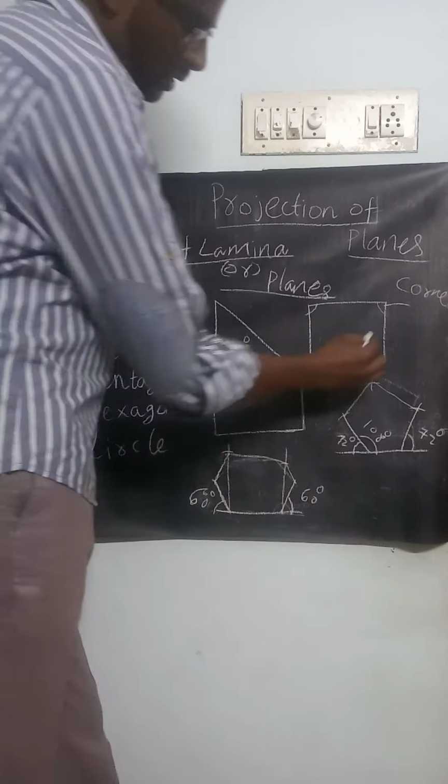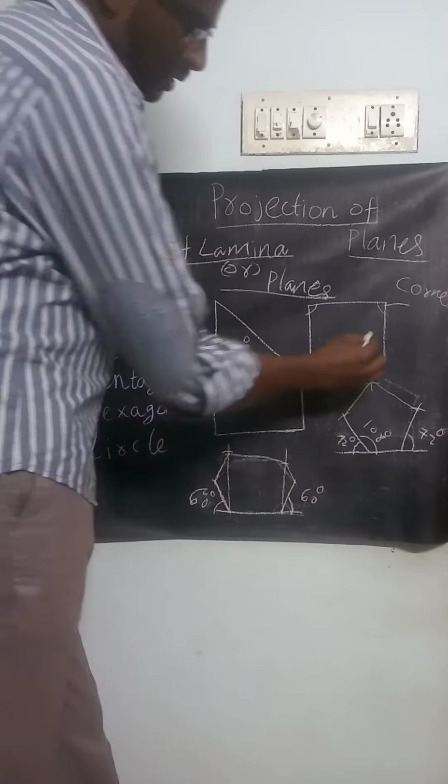And next, the same is used for our hexagonal shape. You take 60 degrees, otherwise you take 120 degrees. Both sides you can use that. Okay, the other procedure is the same, you can follow that. For example, given 24, 26, you can use this method. Otherwise, you can use the template. You see, you can easily draw. Okay, this is your projection of planes.